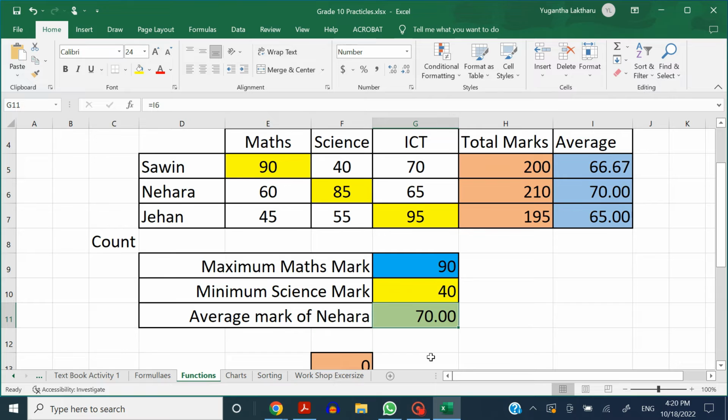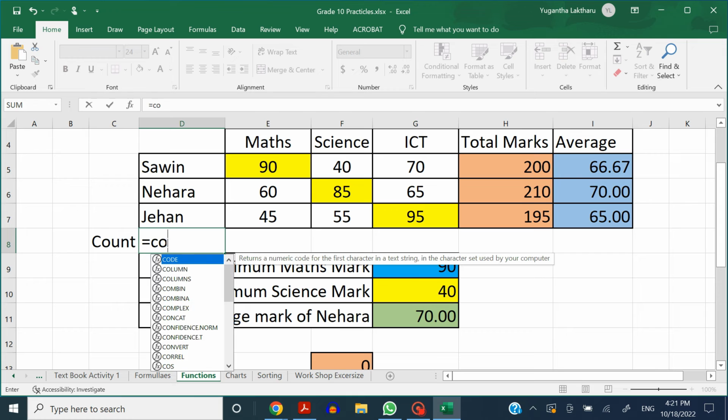So, yeah, now we were talking about the count function. In case we want to know how many students were participating in the math subject, how many students were participating in the science subject, or how many students are there in my student list, for that purpose we can use the count function, but you will see there is a speciality in it. Generally, if we want to count the number of students, I'm going to use the count function over here,